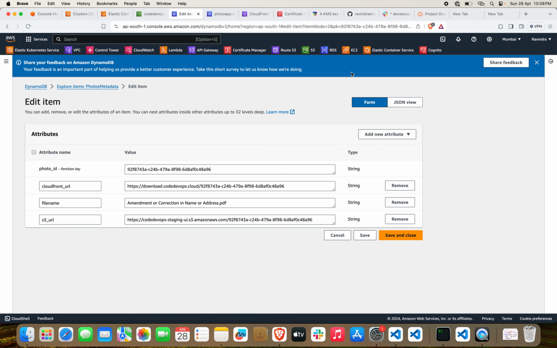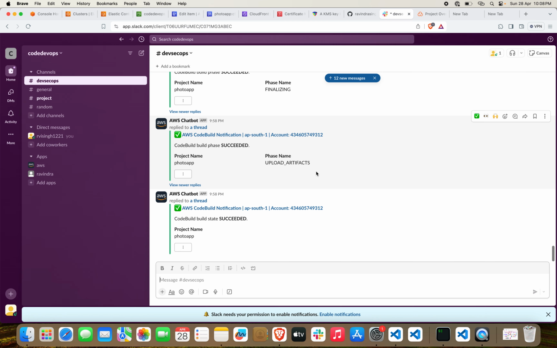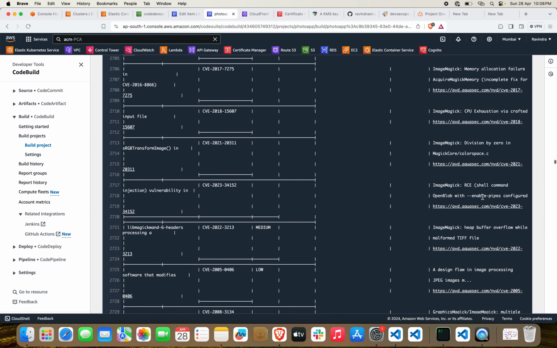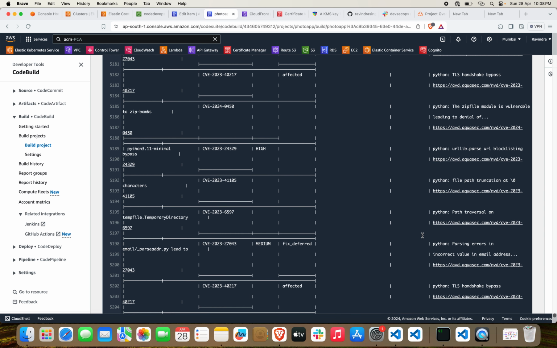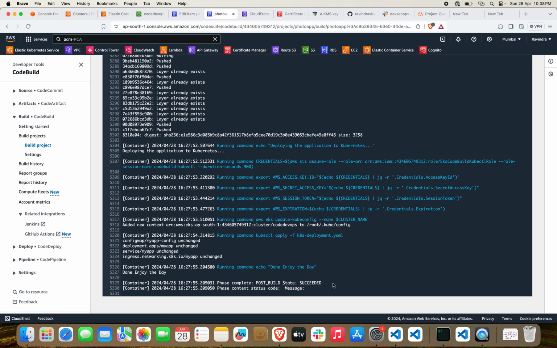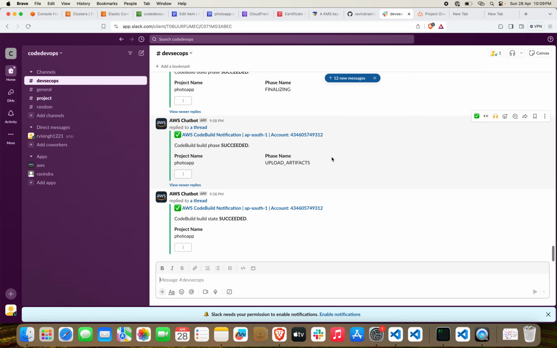Now lastly the part that is left is our Slack notification. So you can see that our CodeBuild has been successfully built. Okay, and if we go to the last, you can see enjoy the day. Okay, you can see that everything has succeeded, and if you go down, you can see that I have implemented this via the chatbot. Okay, I am using the chatbot here. Like I have integrated the chatbot plus SNS with the